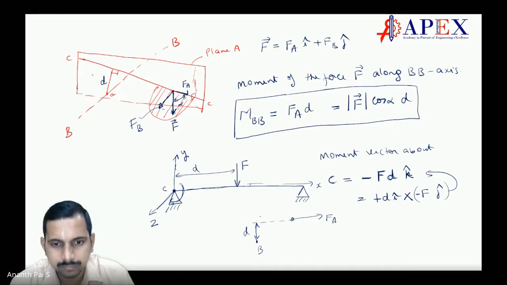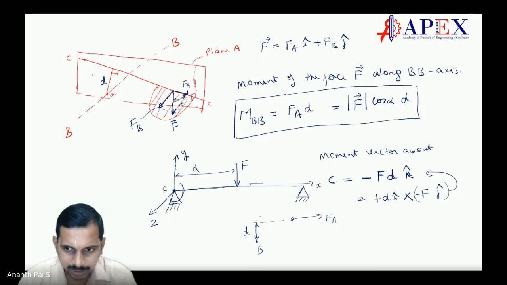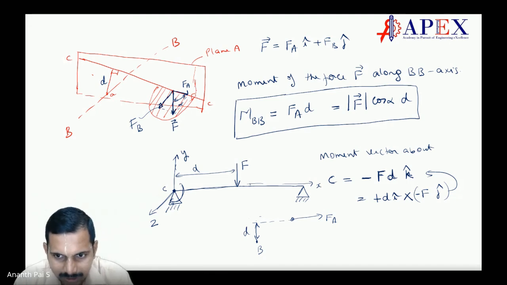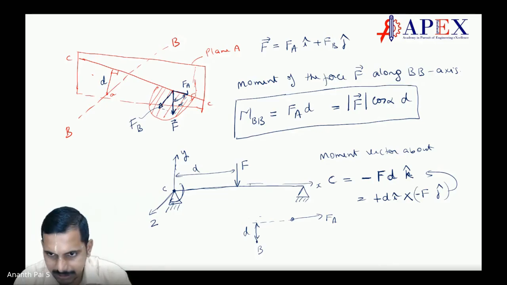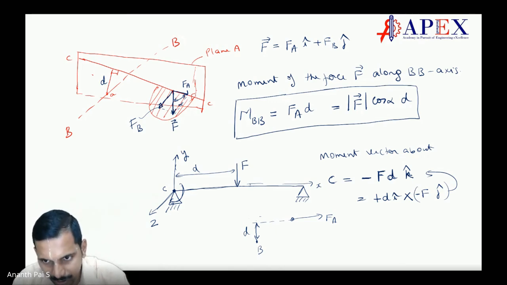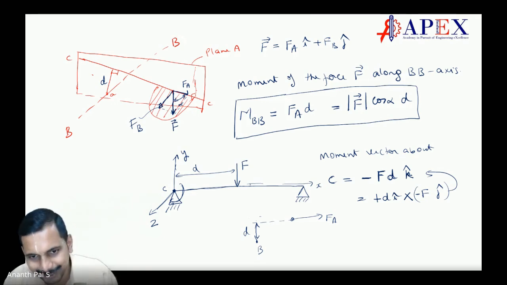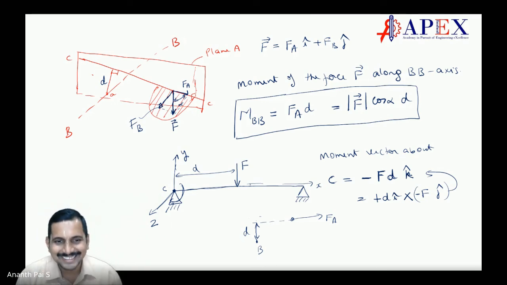Sir, you said the moment about an axis should be scalar, no? Then why K cap, sir? See, this is not just a moment about an axis. It is the moment about point P, point C. That is nothing but the z axis, no, sir? Yes, about the z-axis. I will go further. Just write it down. Ask questions a bit later. Everything will be clear. Sometimes there are cases where you have to hold down your doubts. It will be clear in a moment.